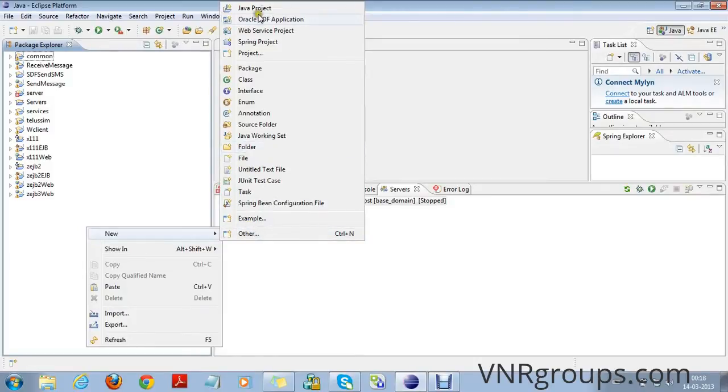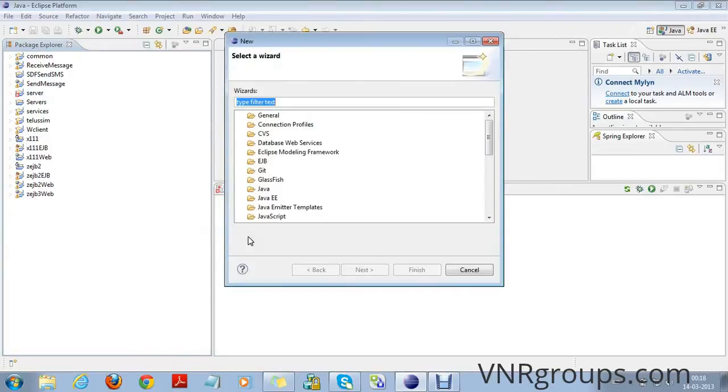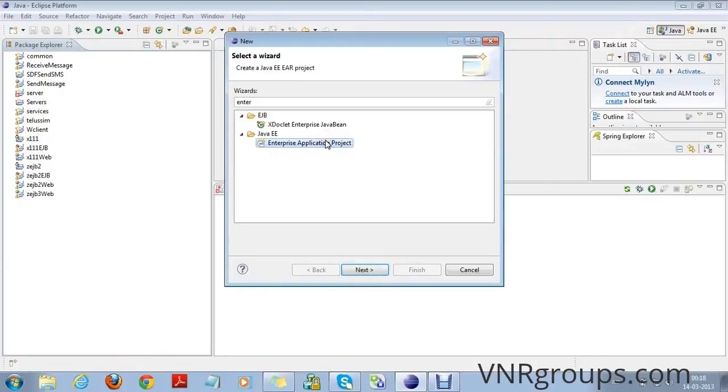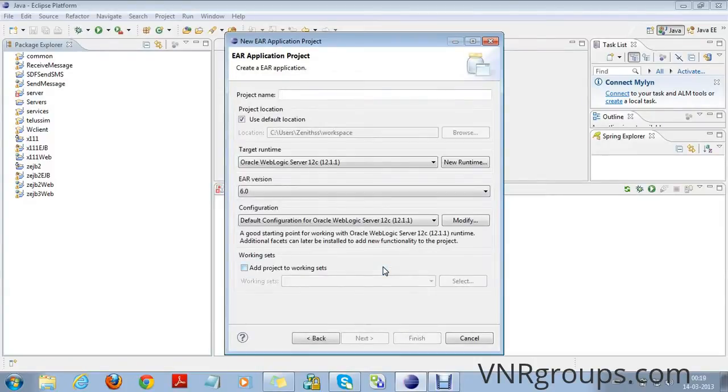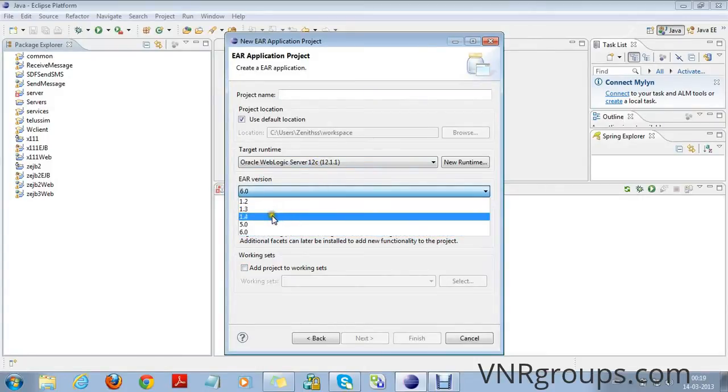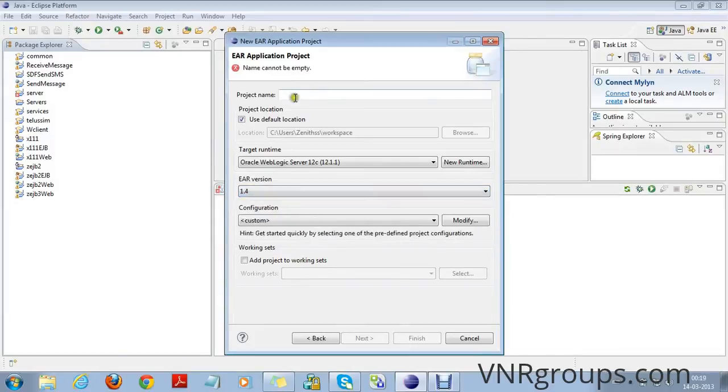First we create a new enterprise application project. Project version should be 1.4.